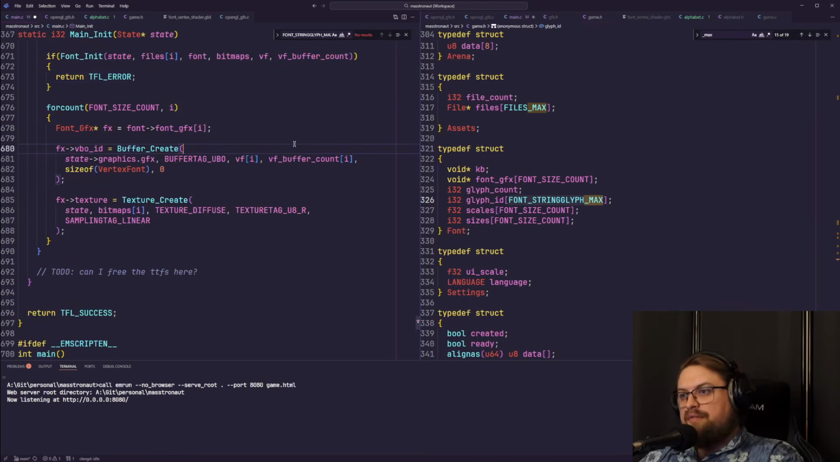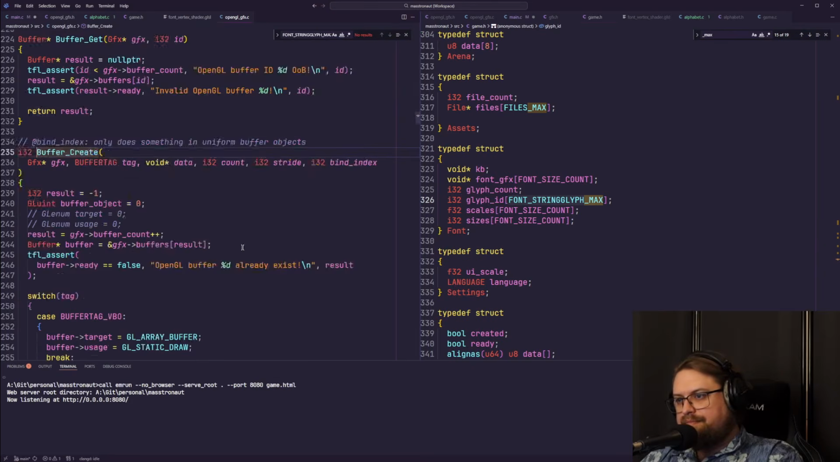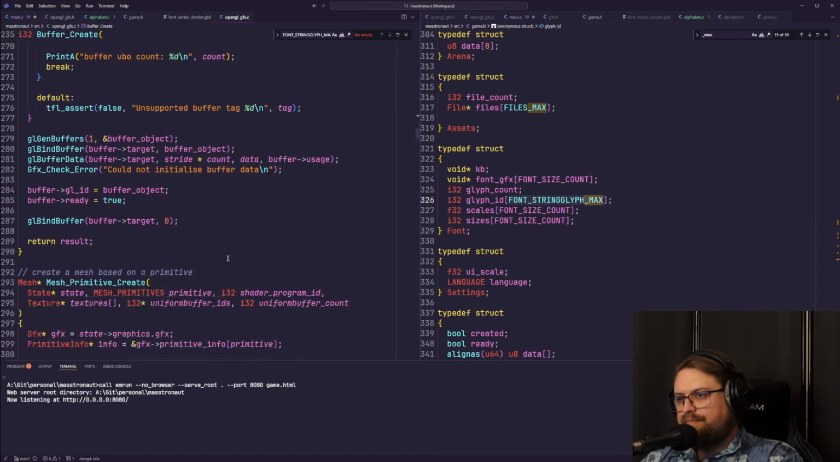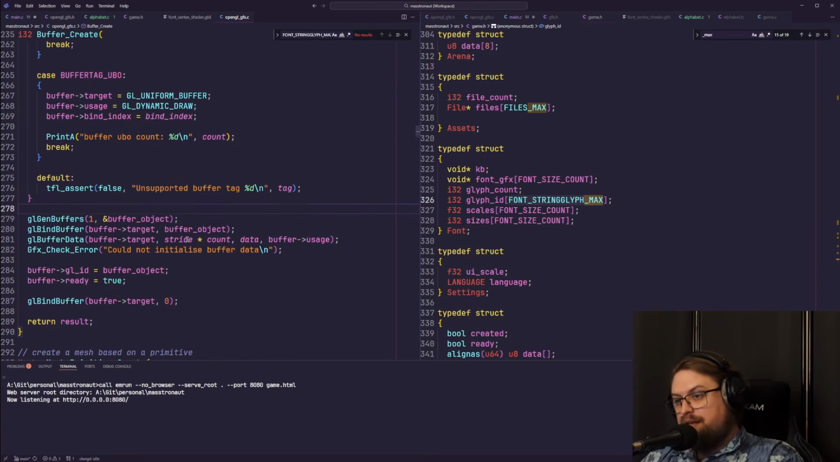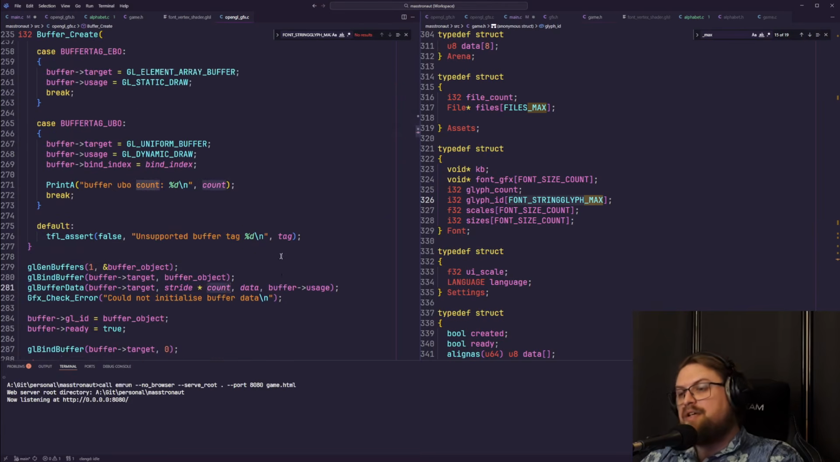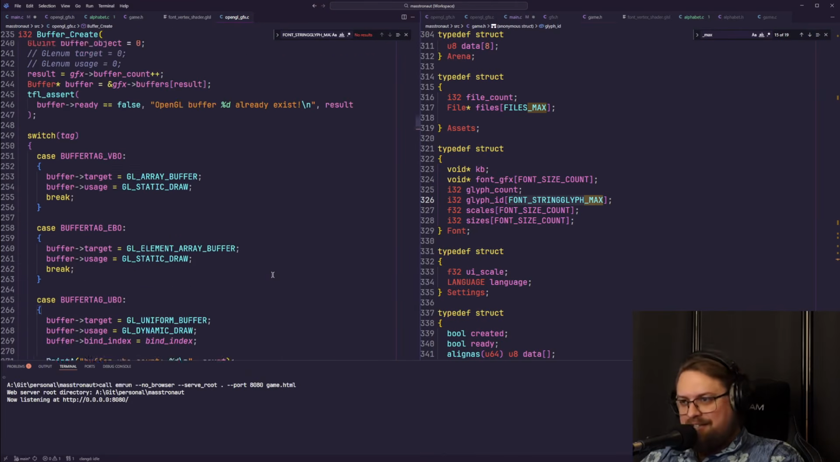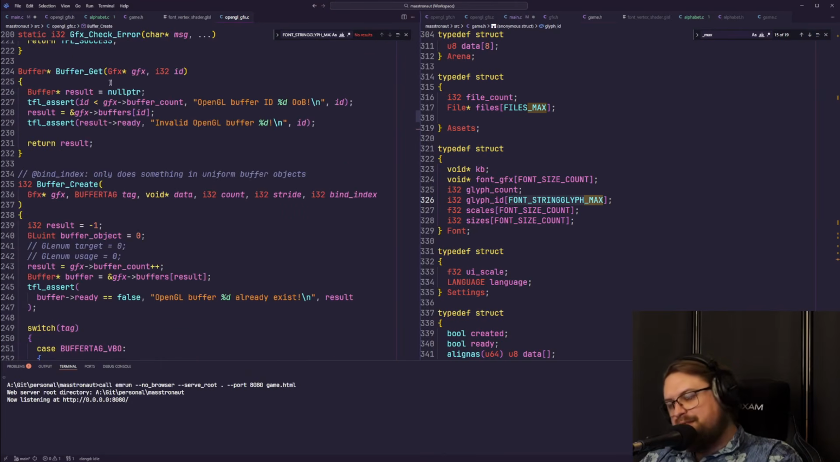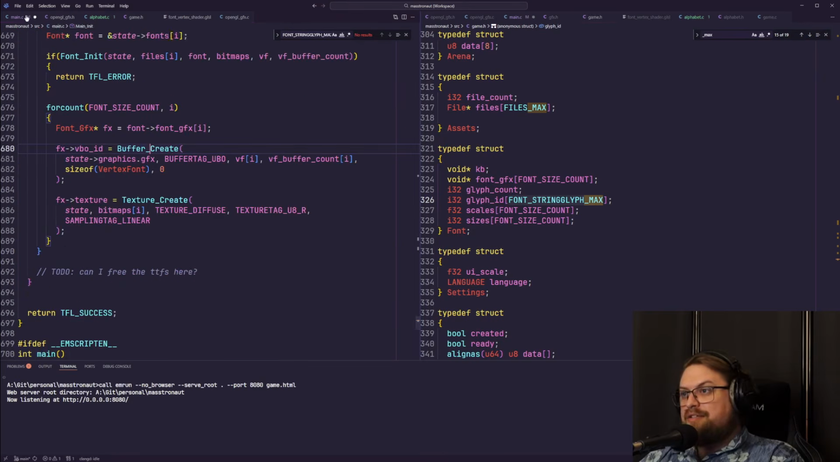And then in my buffer create here, I am now correctly counting the stride and the count. So it's not the count of the bytes, it's the count of the glyphs. And then the last error, and this was a little bit difficult for me to find, but I managed to do it after a couple of hours. And that was,